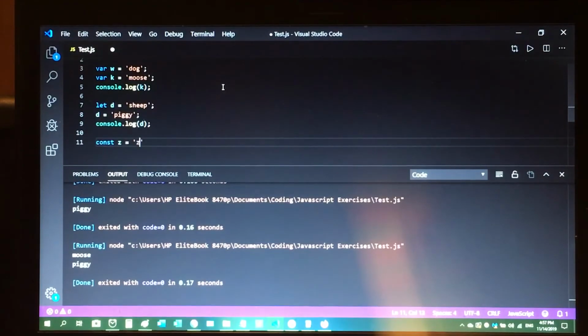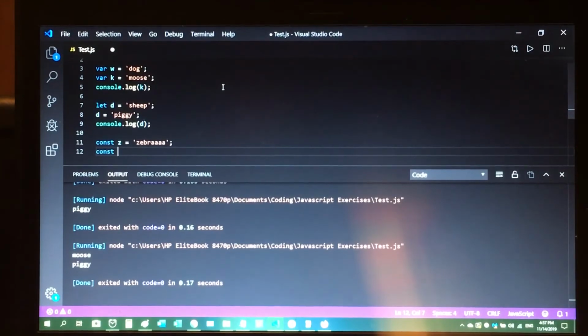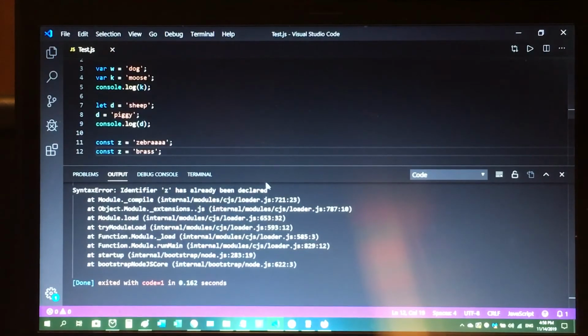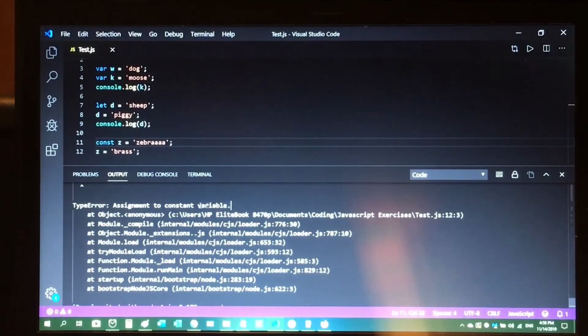So if we have const z equals zebra, and we try again, const z equals brass, we're going to get an error message that says z has already been declared. Now if we try z like that, trying to modify the variable again, we see it says assignment to constant variable, which means that